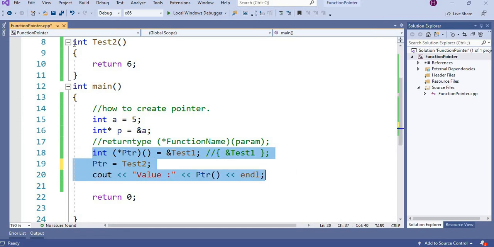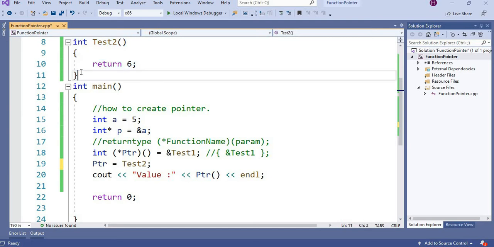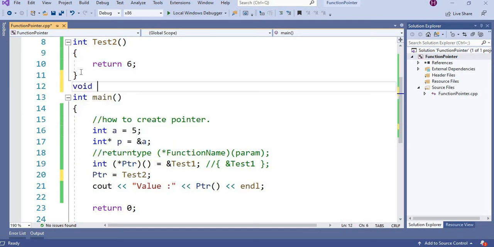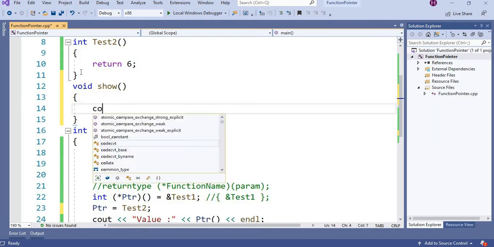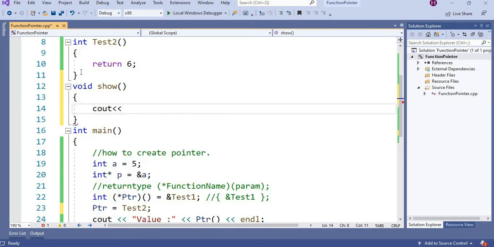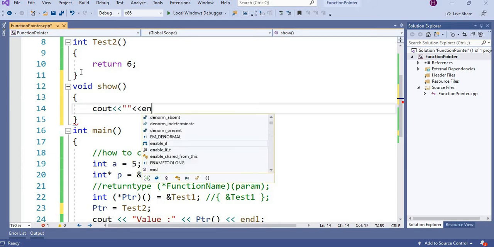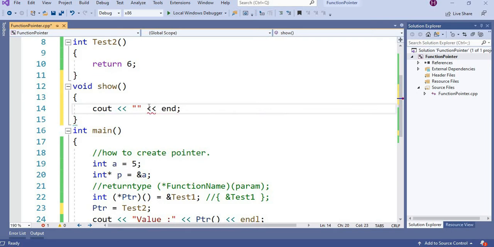One more example we can take: a void function show.